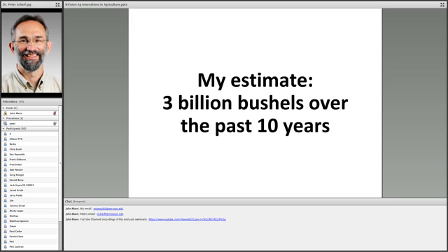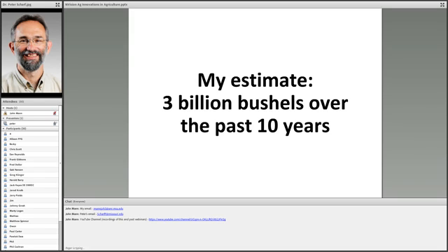So over the past 10 years, I would estimate 3 billion bushels, probably more than that. I mean, just from 2008 to 2011, I estimated 2 billion bushels, and 2013 and 2015, there was a lot of yield loss in those 2 years as well. So these estimates are based on